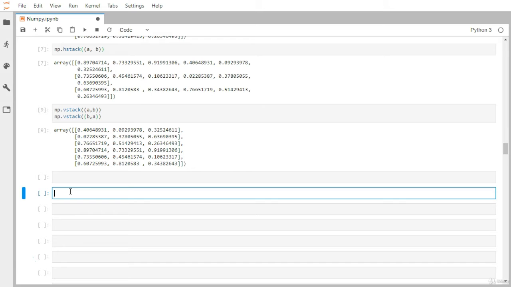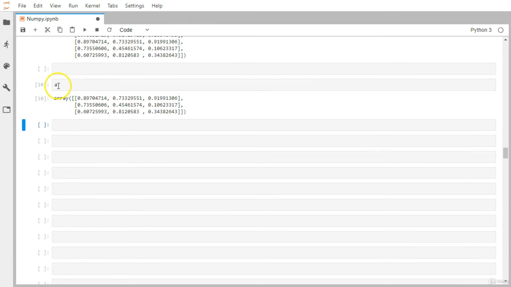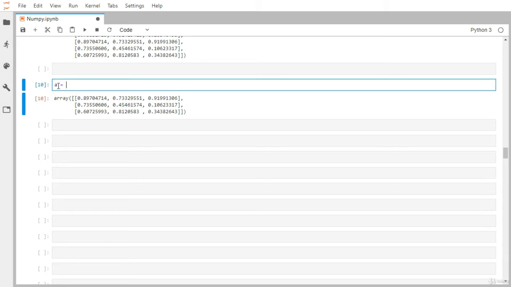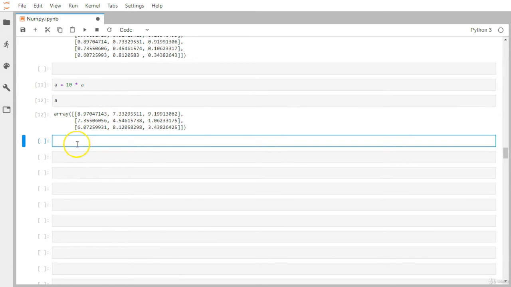So we have already created this A. Let me just multiply this A by 10. So all values got multiplied by 10. Now let's say you want to find the ceiling value or the floor value of each value available in this matrix.